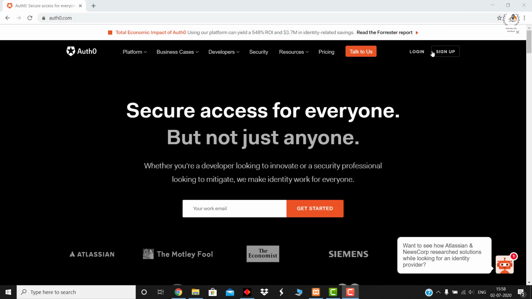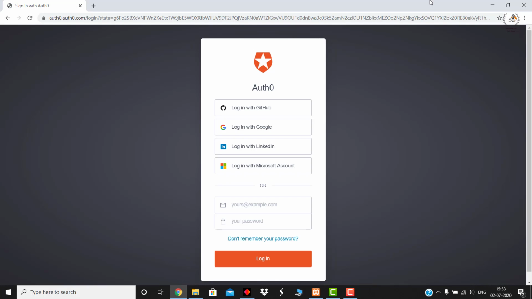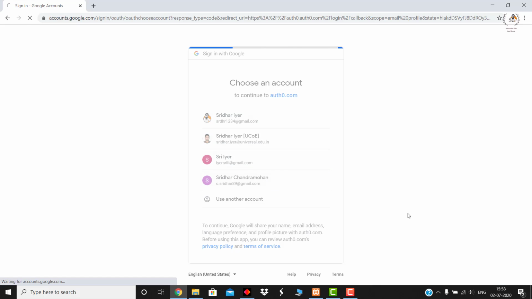It's very simple to create an account over here. Just log in with your Gmail account or Facebook or LinkedIn account, and with the help of that you can simply get access to the Auth0 engine. It provides 21 days of free access, so you can test it on your application. If it suits your organization's needs, then you can obviously purchase the license. Very first thing is you need to authenticate yourself over here. Okay, so for logging in, I already have an account over here, so I will simply select it and get inside the authentication engine.